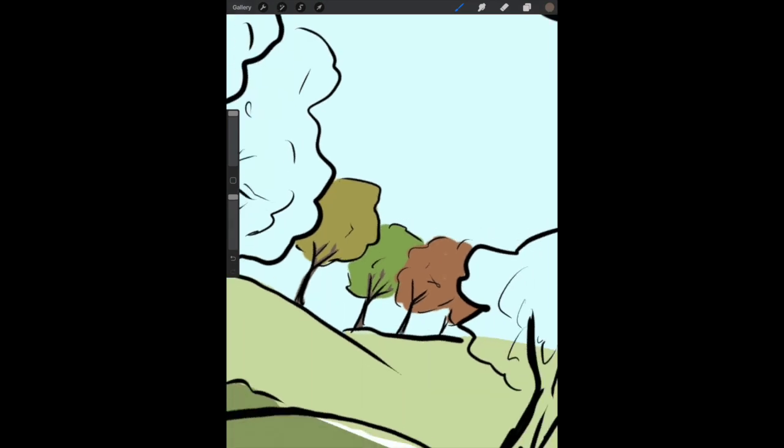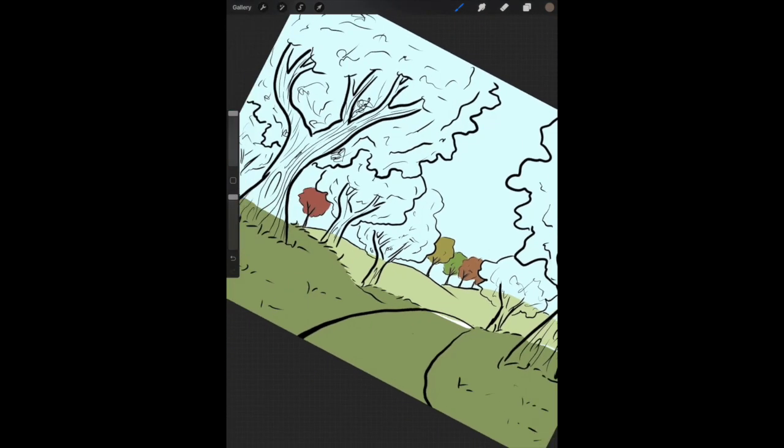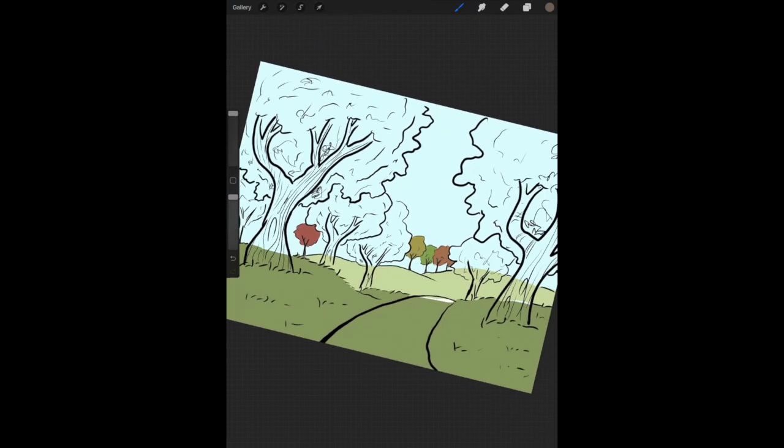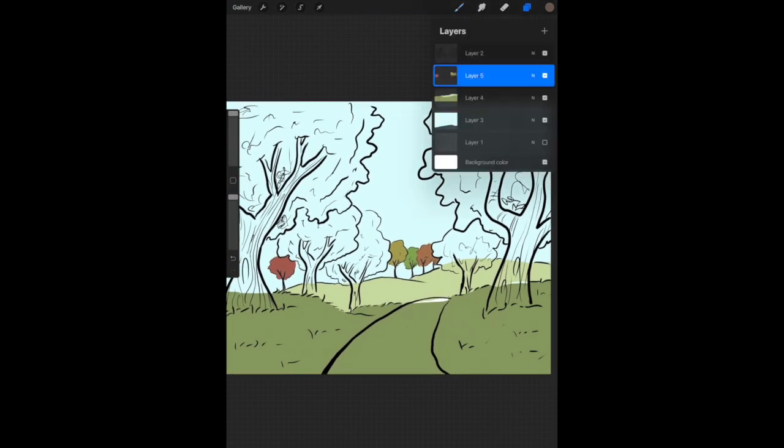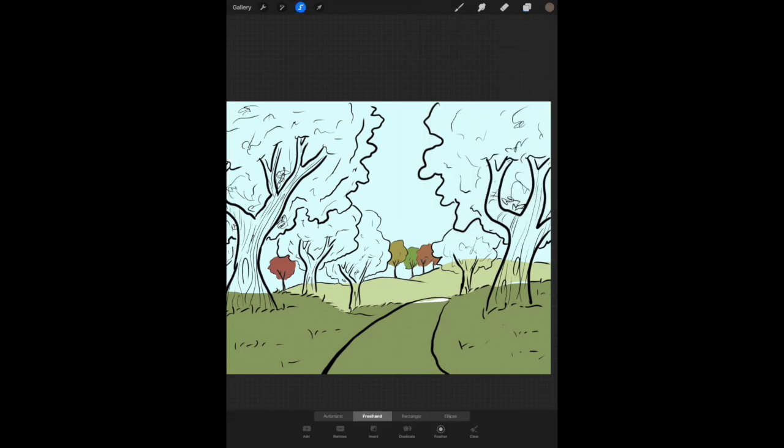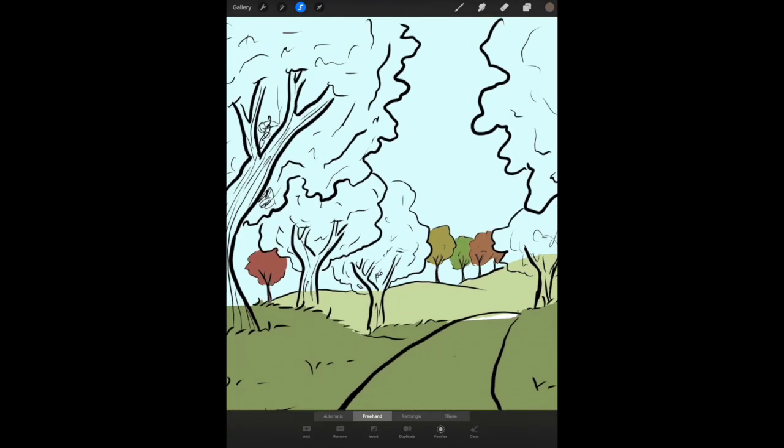And this is something where I could have put the black trunks that I'm tracing over on a different layer. That would have been a possibility too, but I didn't do that, so this is going to be a little bit different, which is fine. It all works. I'm going to go to a new layer now,